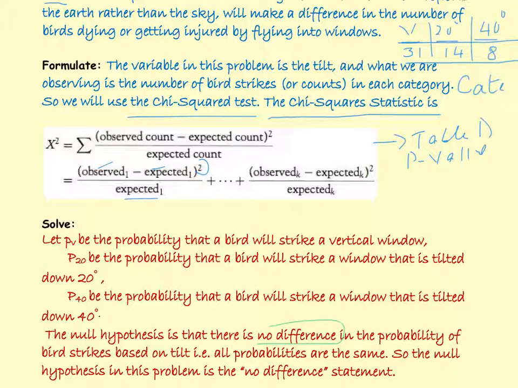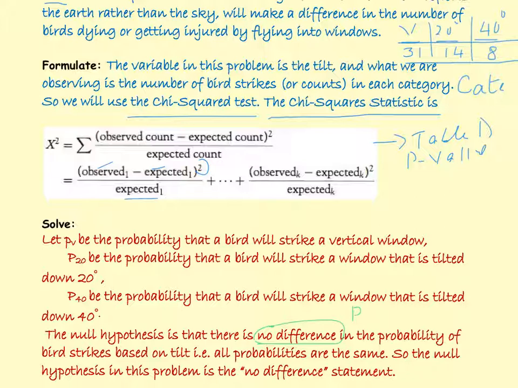So what does it mean when we say that there is no difference in the number of bird strikes even if tilt is changed? So what that really means is that the fraction or proportion of counts that fall into each bucket must all be equal. So in the total number of counts,